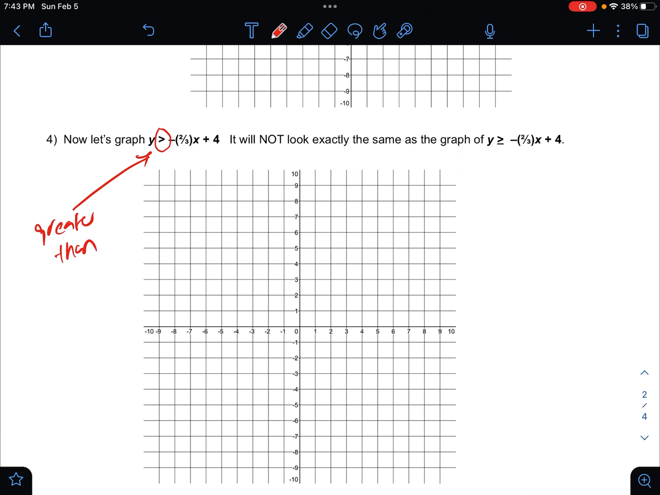We're still going to graph that y-intercept of 4. All right, and we're still going to graph that slope of negative 2/3, so going down 2, and then right 3, down 2, right 3, down 2, right 3. Reverse the pattern if you want, back at the y-intercept, up 2, left 3, up 2, left 3,